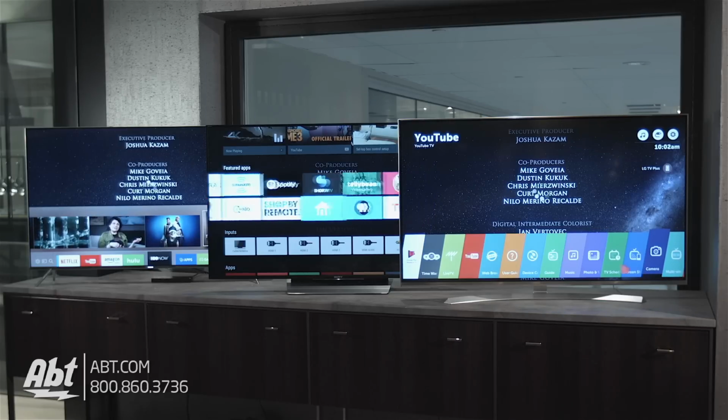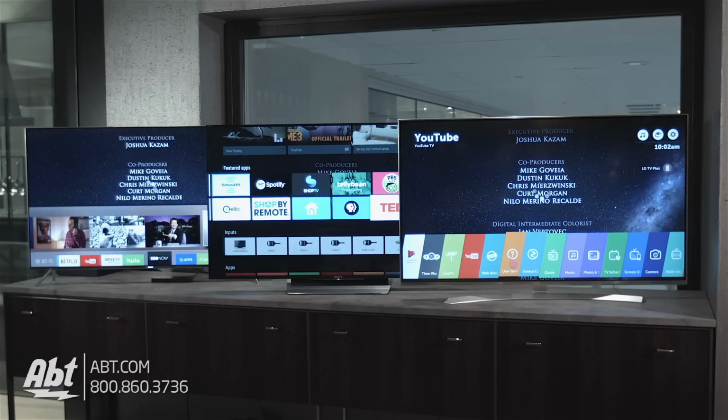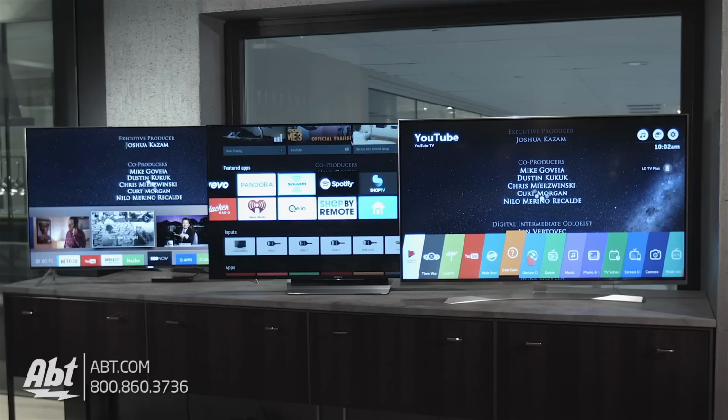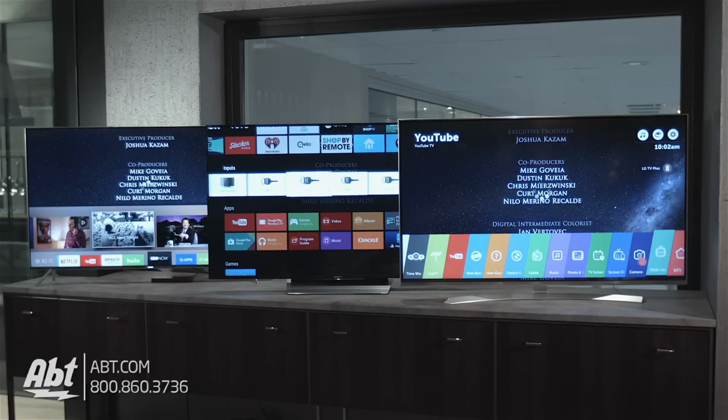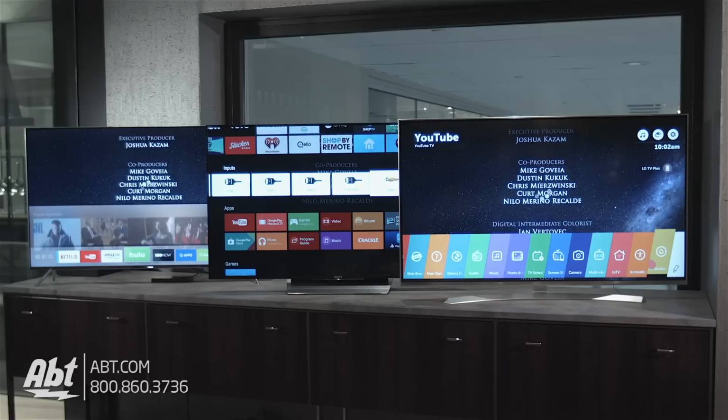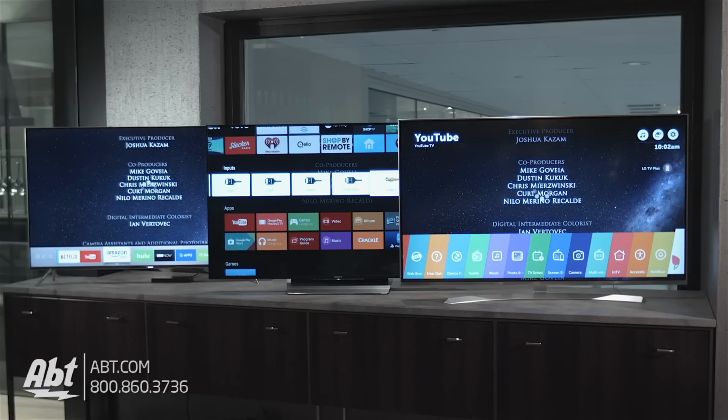I would say the easiest one to navigate, for me at least, out of these 3 was the Samsung. However, I kind of still have a soft spot in my heart for the LG's Web OS system. If you ever owned a Palm Pre cell phone, you'll know what I'm talking about. I know it's not exactly the same thing, but the name definitely brings back memories of my favorite cell phone of all time. The Sony was very capable as well, and I liked the layout, but